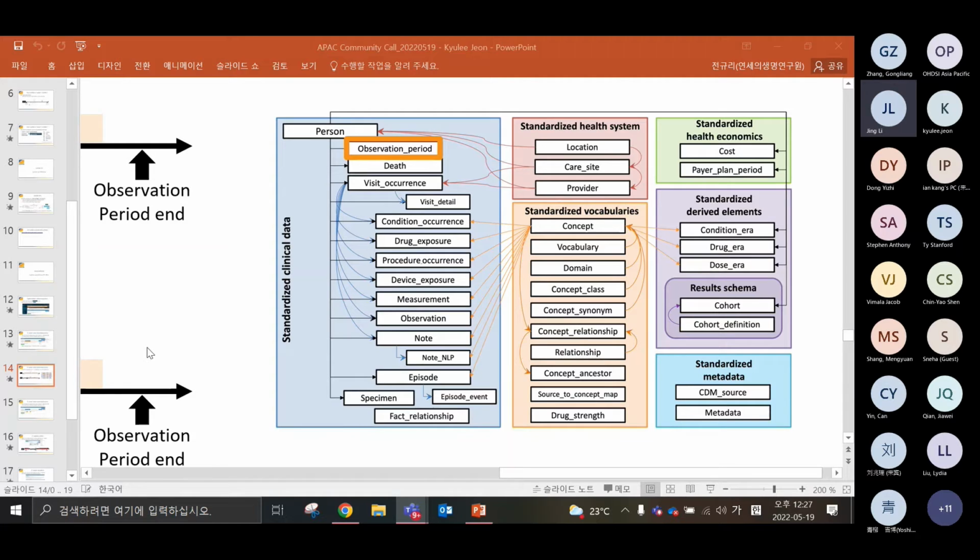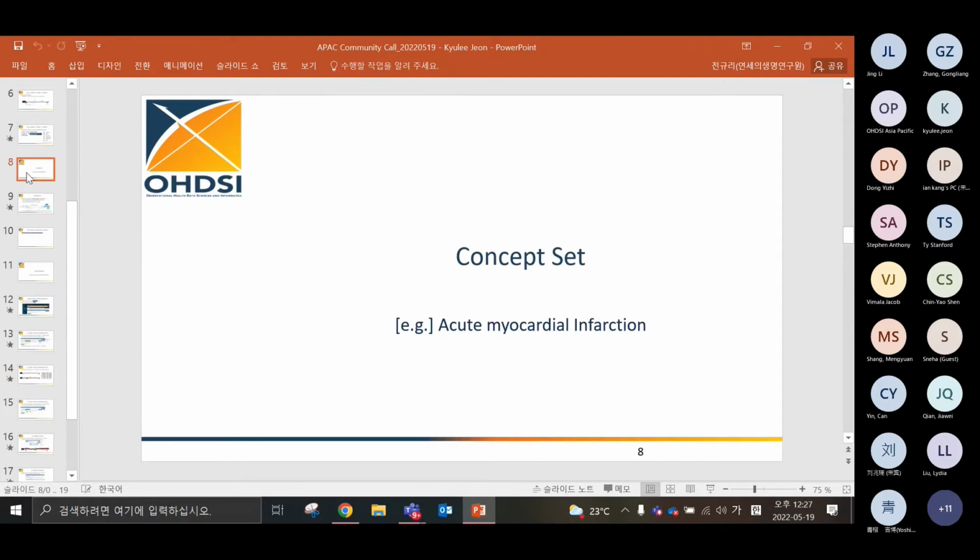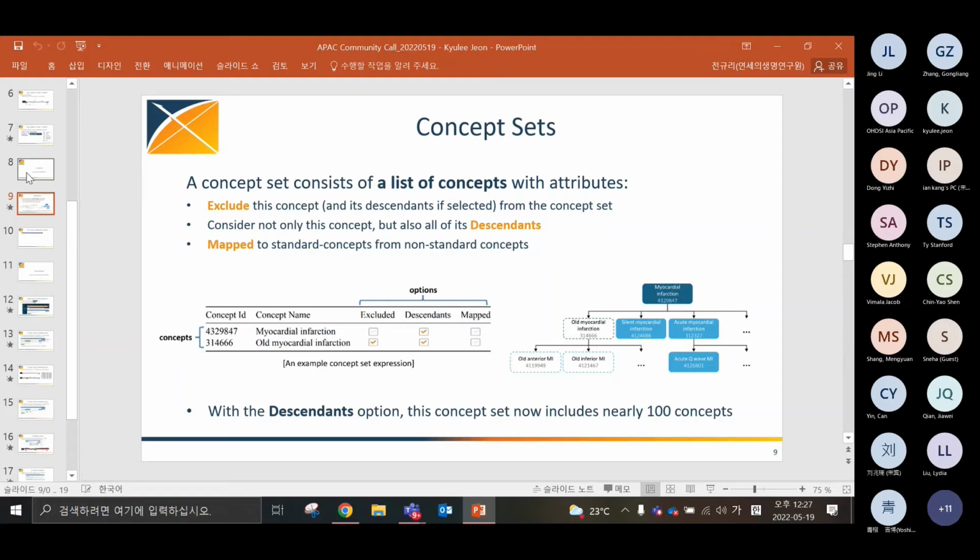No problem. And I see there is another question. Oh, I see Patrick already answered. The question was about when creating concept sets, what's the difference between choosing descendants and mapped when we include the concepts? Qingyao, I don't know if the answer from Patrick helps, do you have any other follow-up questions?